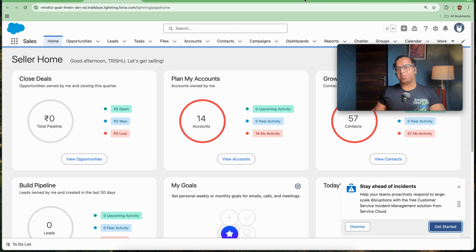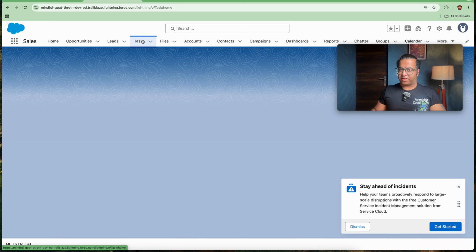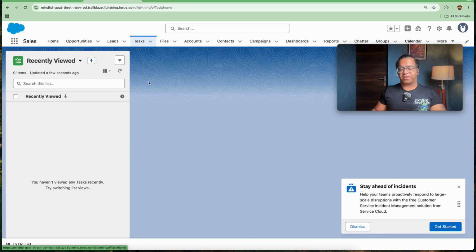Today we will be covering this scenario. As soon as a new task is created, we have to set the priority to high. As the trigger is on creation, we will only take care of the insert operation. Now we have two types of operation: before operation and after operation. Before operations happen only when we don't have to make changes to any other record. Let's take an example. We are inserting the task record, and we are updating the field of the task only, that is the priority field. So this is only a field update trigger.